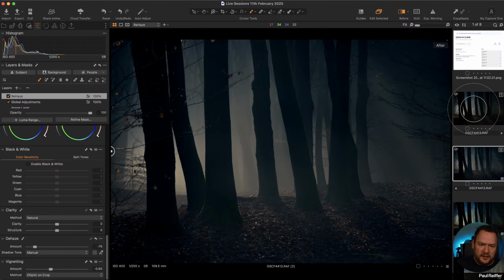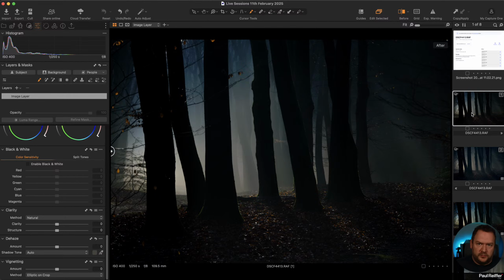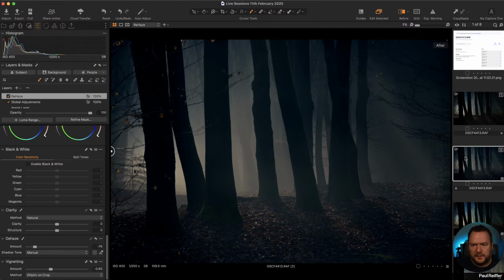But if the question is, how do I add atmosphere to this shot? Don't add in more than is realistic. Well, to be honest, we've taken this away from reality anyway, but just bear that in mind. Don't try and recover highlights that aren't there. Don't push for more and more and more contrast in an image that's only black.